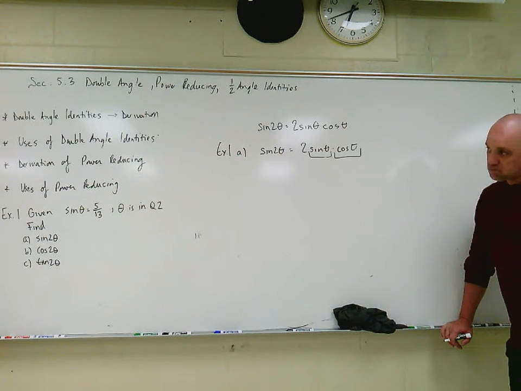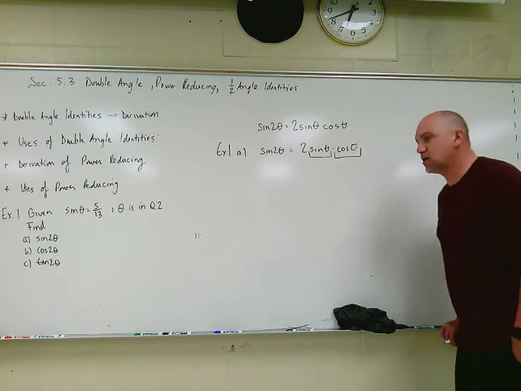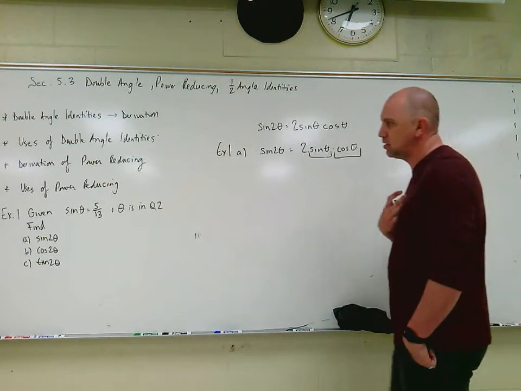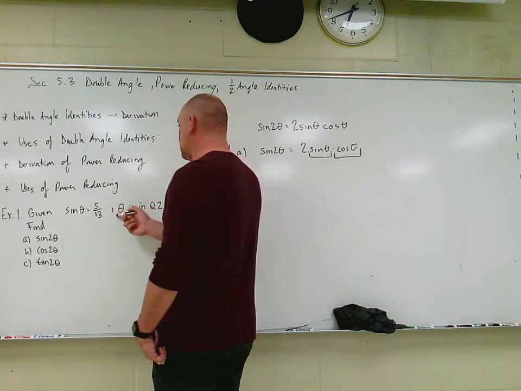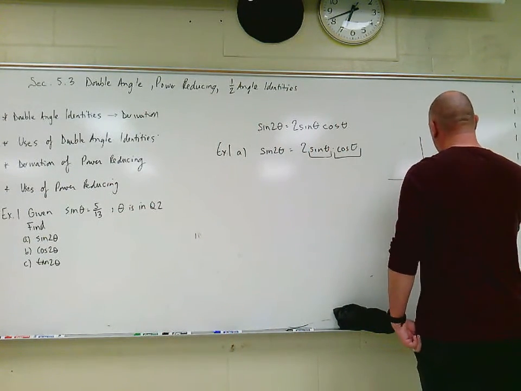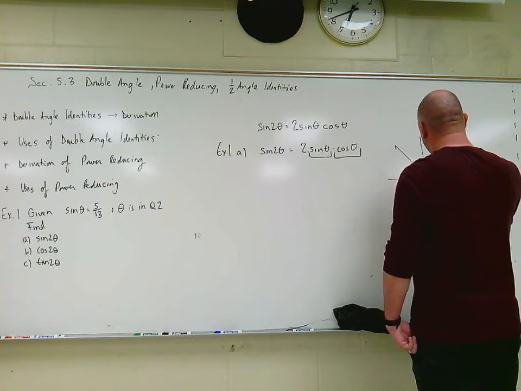It's in quadrant 2, you create a triangle and it'd be negative 12 and 13. This is exactly what you do. So you're back to drawing triangles like we did in the last section, very similar to what you did on some of the problems in the last section. It tells you theta is in quadrant 2. So we're going to draw the triangle in quadrant 2 with everything